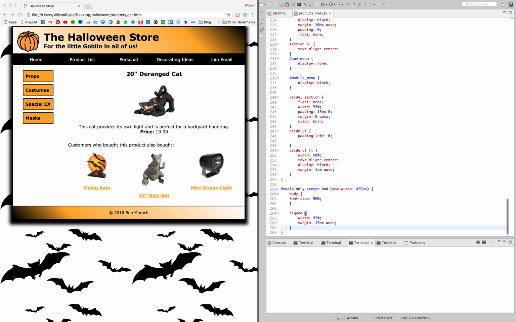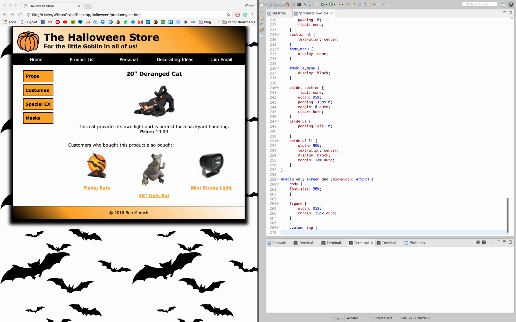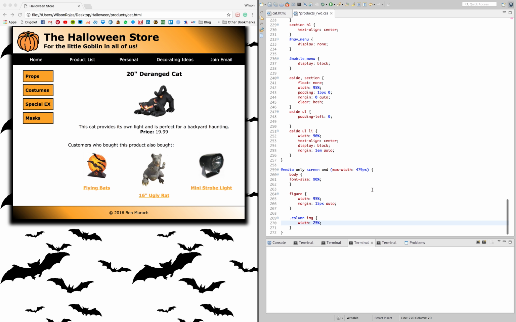That's one of the rule sets. The other, we're going to use again column and column image, because I want to target these images here, and we're going to set the width of those images to 25%. Save the changes,